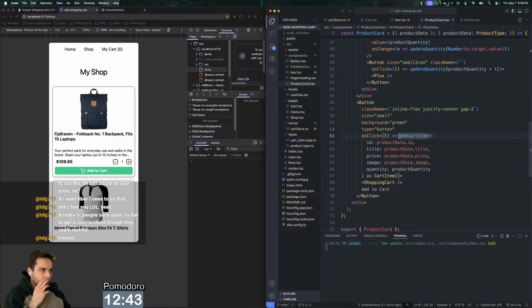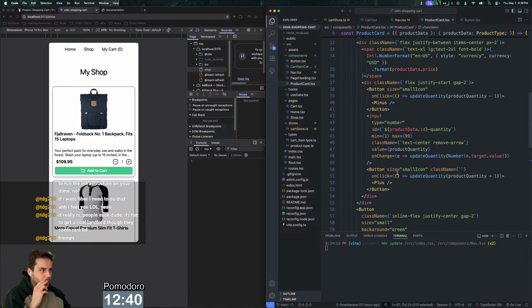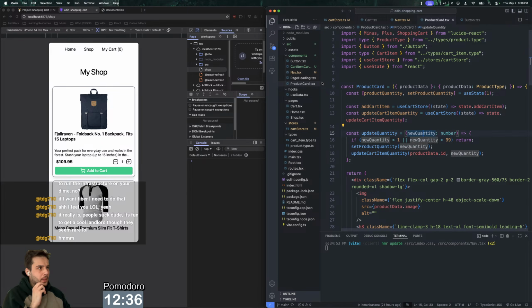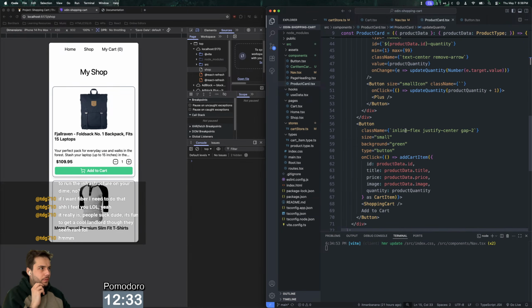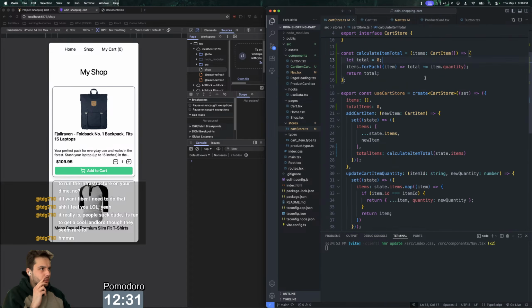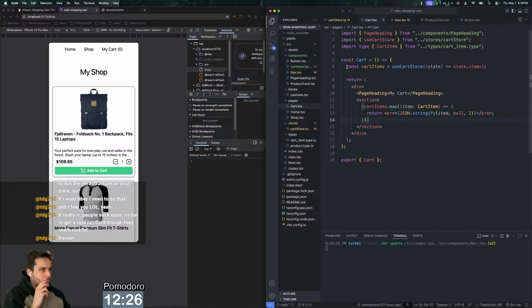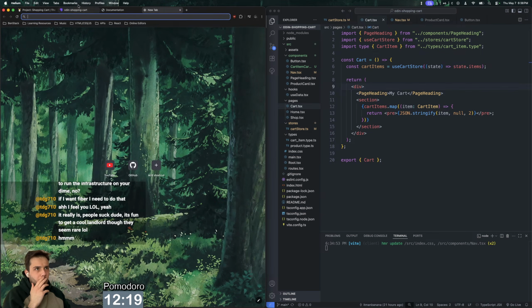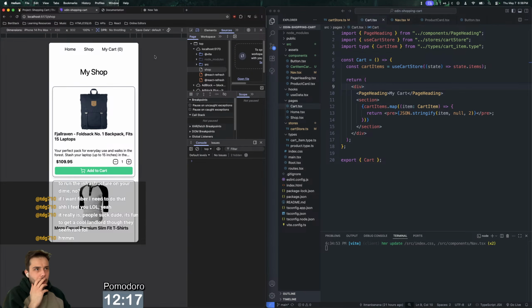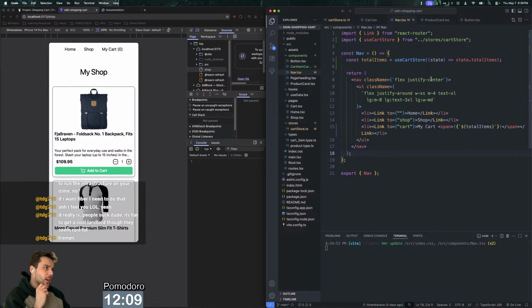Let me put it this way. So this function runs, and then it sees that the function ran inside of this product card, and then it refreshes the state of, I think it even maybe refreshes the state of the cart store. But the problem is when this gets fetched, it's like one state update behind. It's like a weird situation. So I don't know how to rectify that,